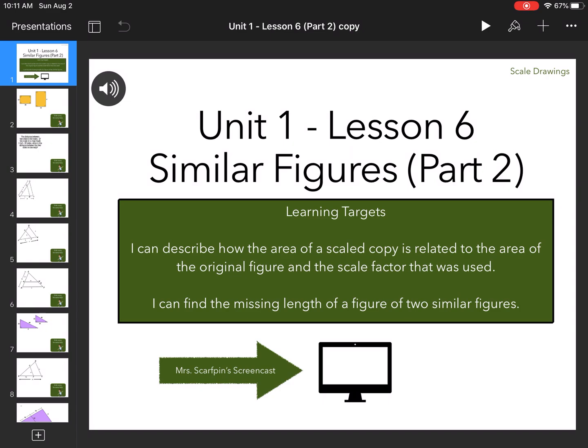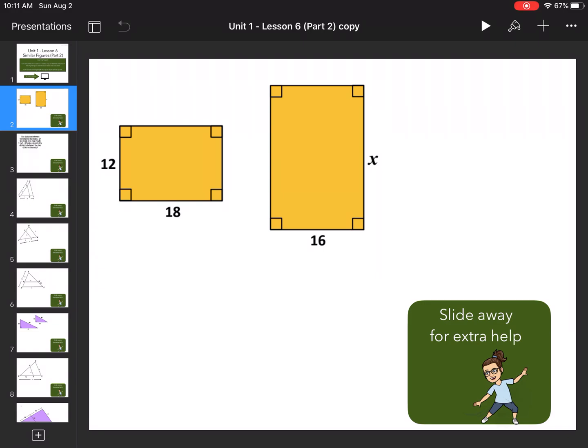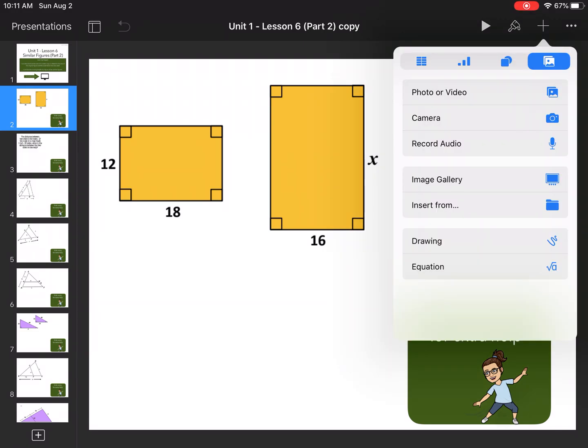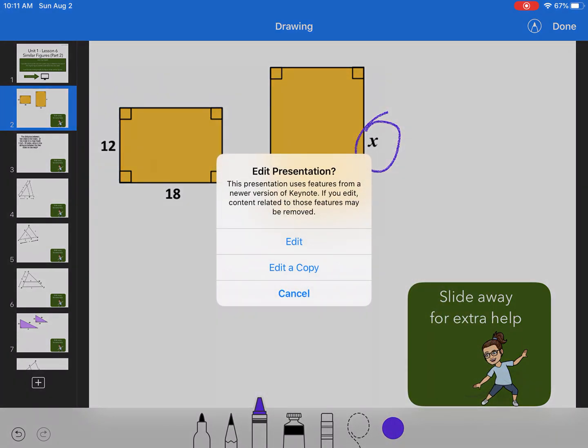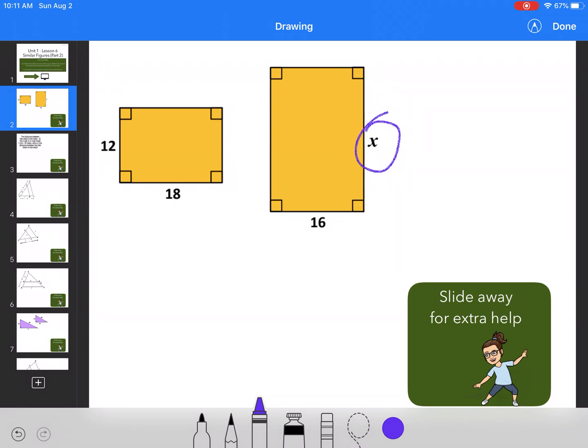So this is the part where it's kind of an add-on. So I have my two figures and I am looking for the missing value. They're telling me already that these are similar figures, so I don't really have to think about that. I have to match up the right sizes and figure out what scale factor they're using. So I am matching this side and this side because those are our two shortest sides. So I'm going to be using a table